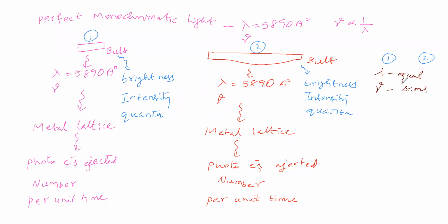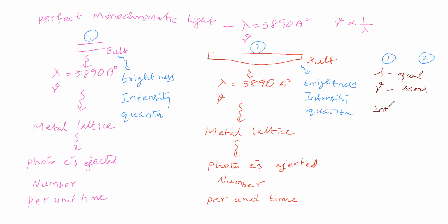So the frequency of radiation we said. Next, this bulb is glowing, so we are getting brightness. This second bulb is glowing, so we are getting brightness. How the brightness is there, you know that. If the bulb size is small, how will the brightness be? If the bulb size is high, how will the brightness be? That you have seen practically. So from that we can say intensity.